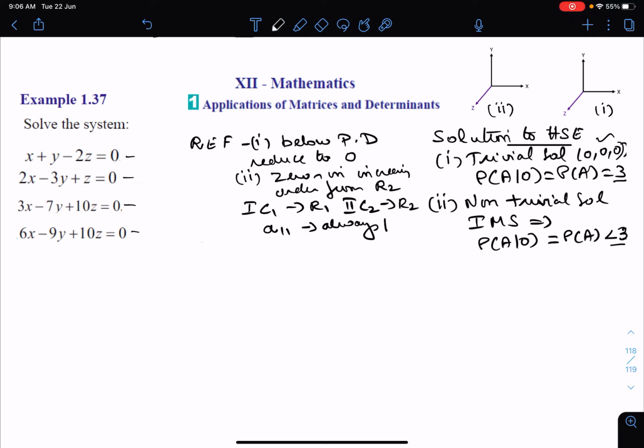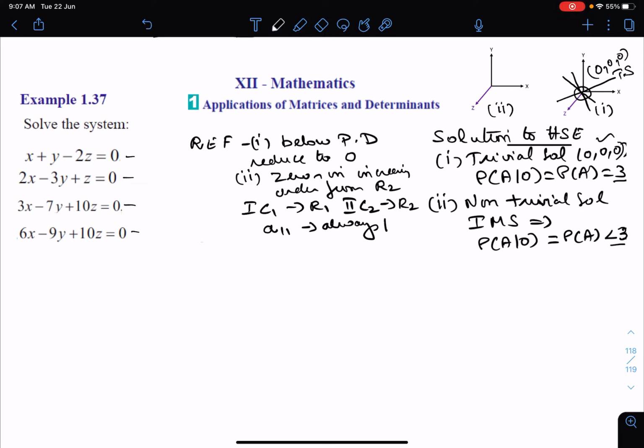What are they? First is the trivial solution. Trivial solution means they will pass through all the planes. These are all planes. They will pass through the origin, all the 3 will pass through the origin. Therefore, the solution is going to be 0, 0, 0. This is called the trivial solution. This is the first type. What is the second type? For the first type, what is the condition? Rank of augmented matrix [A, O] should be equal to rank of A should be equal to the number of unknowns,